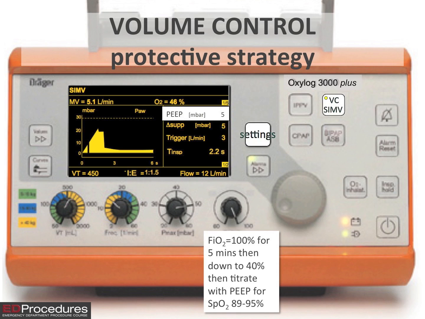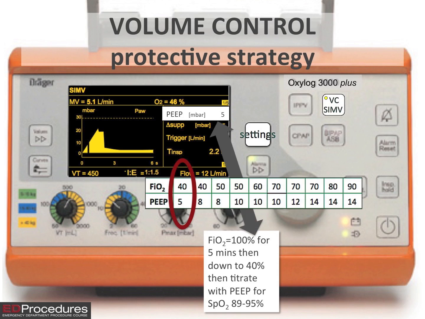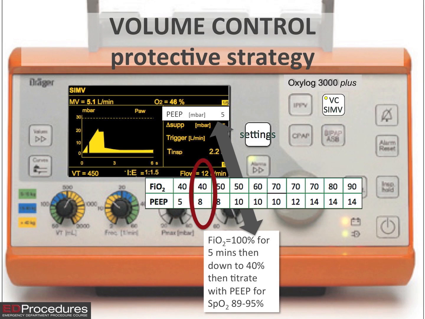The pathophysiology of collapsed and fluid-filled alveoli is addressed by what is called the staircase recruitment maneuver. Drop the FiO2 down to 40%, and with the PEEP on a default of 5, inch your way up alternately on your PEEP and FiO2 as per the ARDSNet PEEP FiO2 scale to reach an oxygen sat between 90 and 95%. So if an FiO2 of 40% and a PEEP of 5 doesn't give you adequate sats, go to 40%